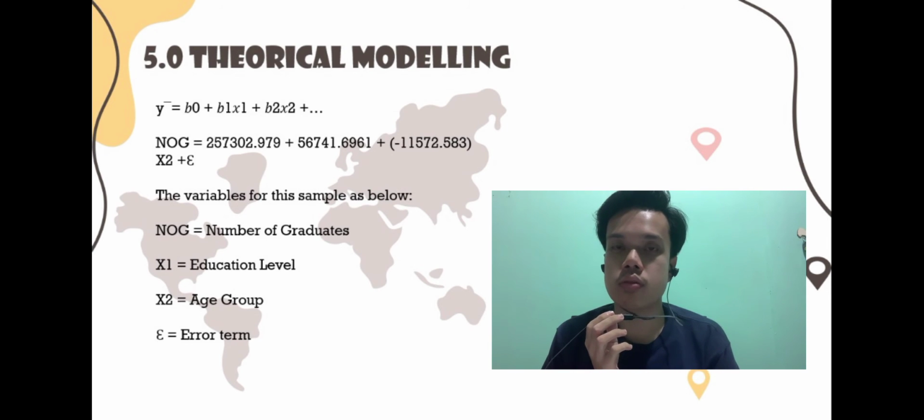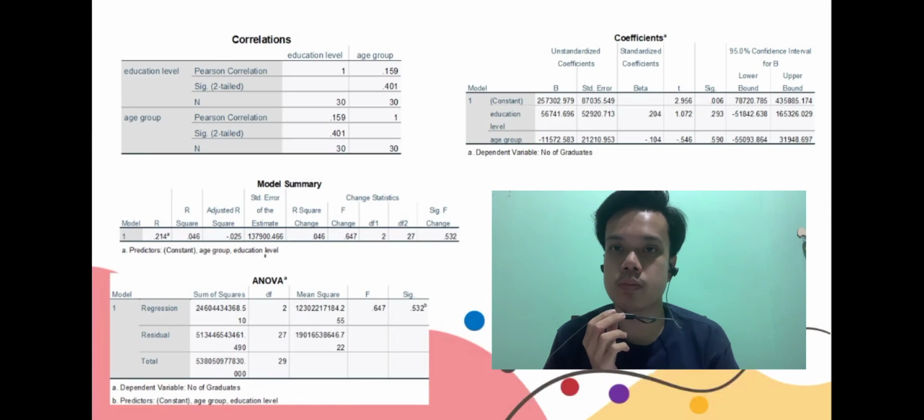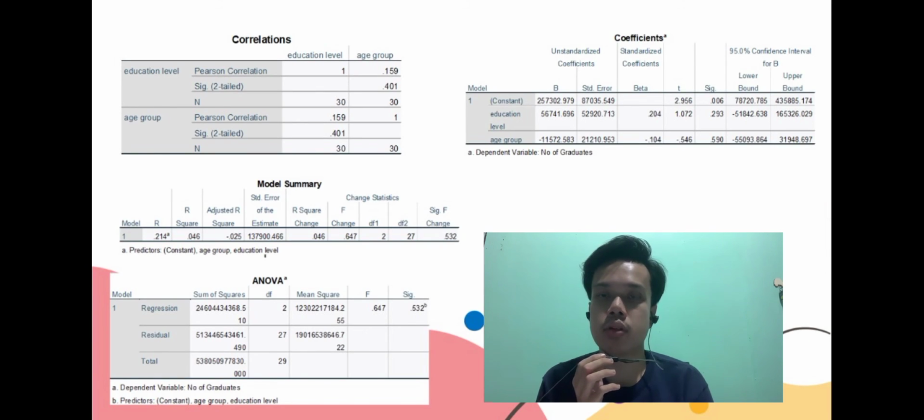Today I want to talk about theoretical modeling. This is the general form of the multiple linear regression. Number of graduates, constant of coefficient is 257,302.979. X1 education level 56,741.696. Age group negative 11,572.583 and error term. On the equation, we can interpret there is a positive relationship between number of graduates and